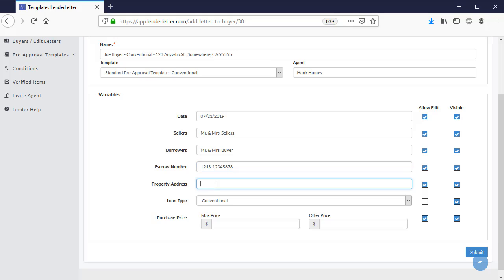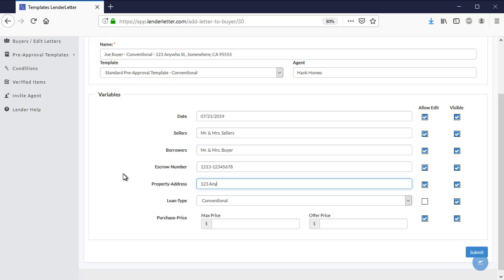It can be any kind of numbering system or letters that you like. Property address is... well, no, we have it up top, right? We said it was